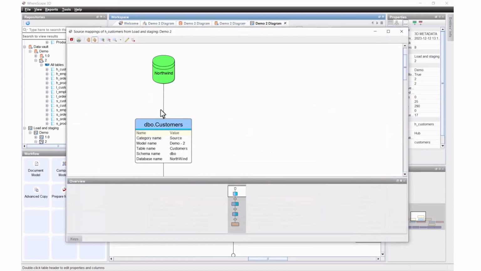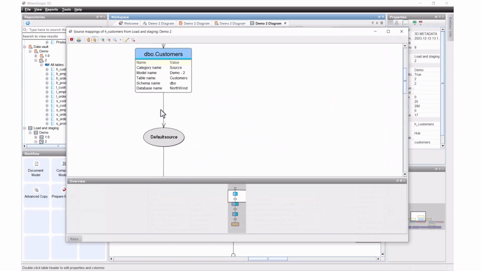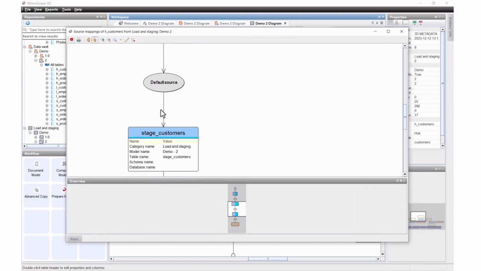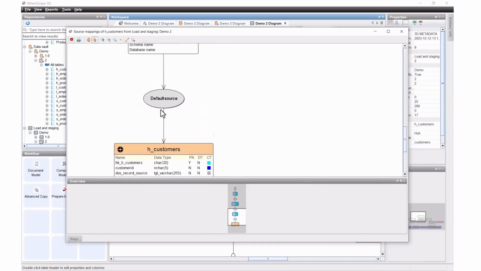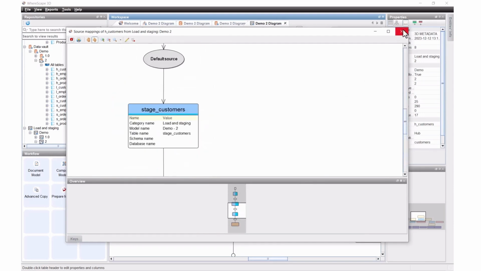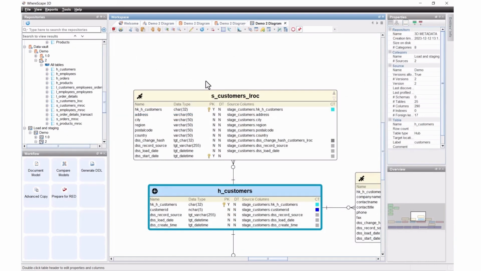So we're starting with our Northwind database. In the customer's database, we're going to a load table, we're going to a stage table, and we're going to our hub. That's a pretty straightforward diagram. They can get more complicated. You'll see that when we look, say, at pits and bridges and maybe some views and things like that, they can get quite complicated.